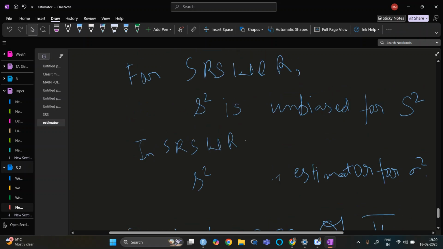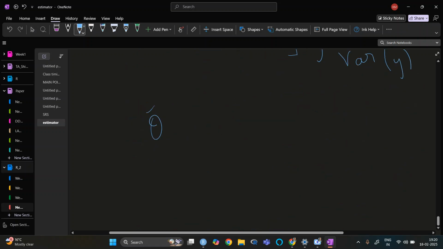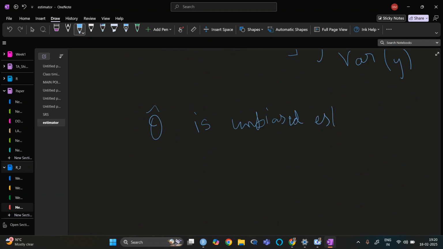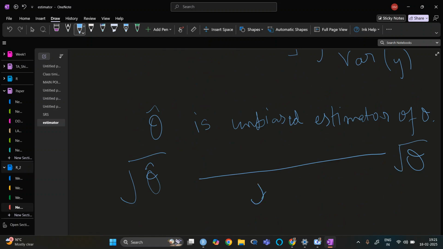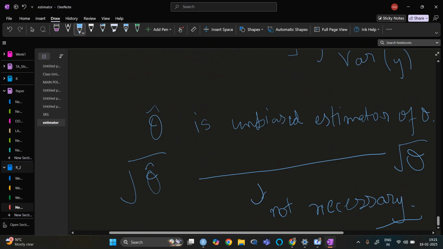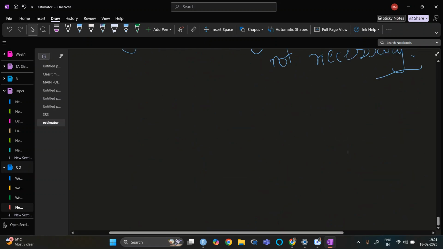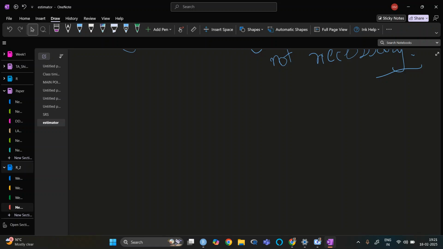So if we have theta cap as an unbiased estimator of theta, let's say, then root of theta cap is not necessarily unbiased. Because when this happens, you may remember from the very basics,